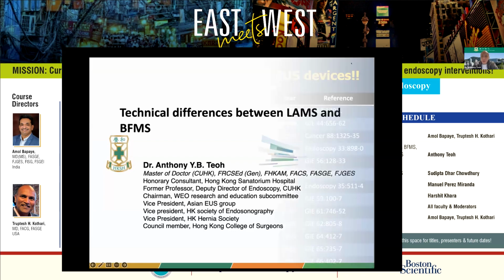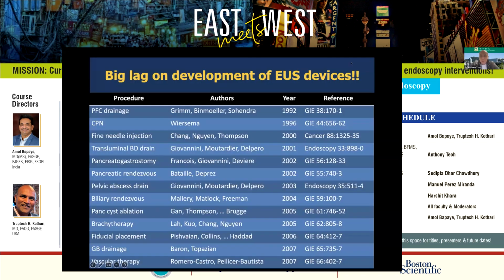So as we know, we came a long way in the development of EUS-guided procedures. In fact, these are not so new procedures because they have been described almost 20 years ago. But only in the recent few years have these procedures really become popular. I think primarily because companies have become interested in developing these EUS dedicated devices, making the procedures much easier and safer to perform.